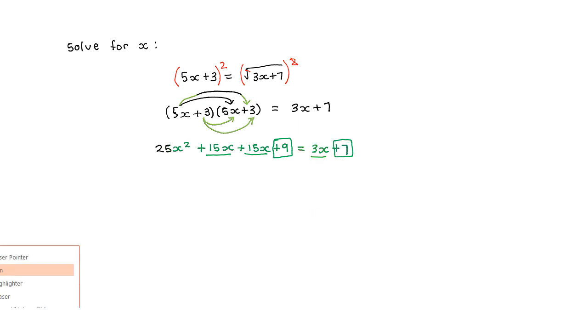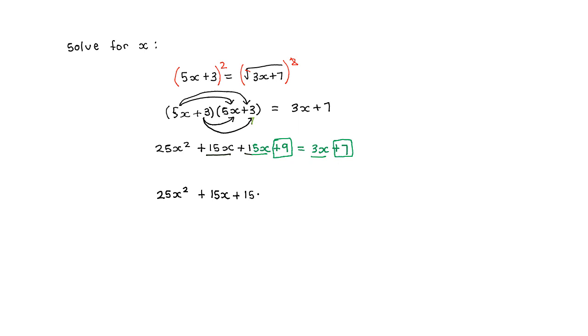So what we're going to do is move this 3x and the 7 to the left hand side so that we have 0 on one side. Whenever you have a trinomial that's being set up in an equation, in order to solve for it, we have to have 0 on the one side. So we'll have 25x squared, plus 15x